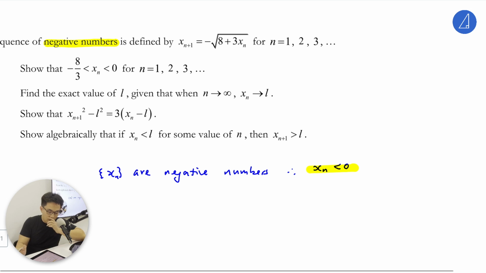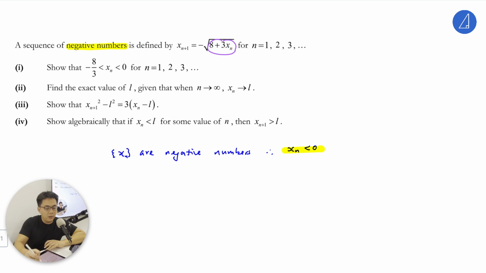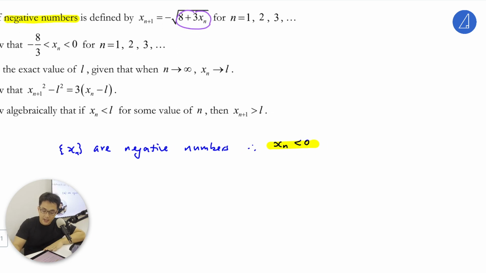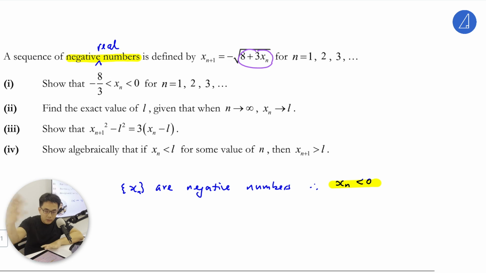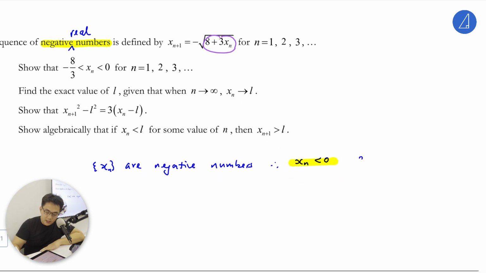Due to the way you describe the sequence, you multiply 3 by the current term, then add 8, then you root the entire thing, then you apply a negative. So essentially what I'm trying to say is that the expression inside has to be positive. Agree? You cannot square root a negative number. You only square root a positive number, right? Not until you get to complex numbers, but in this case you're told that they are negative real numbers, and negative real numbers is just the same thing as so and